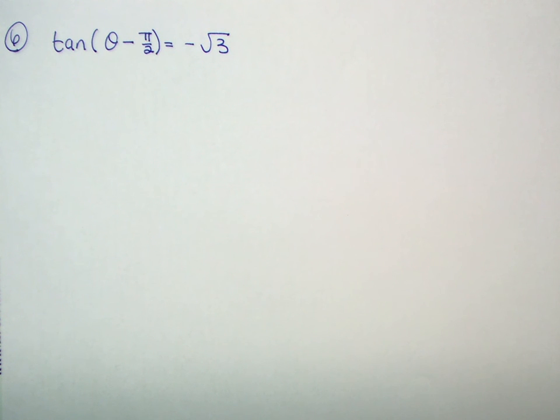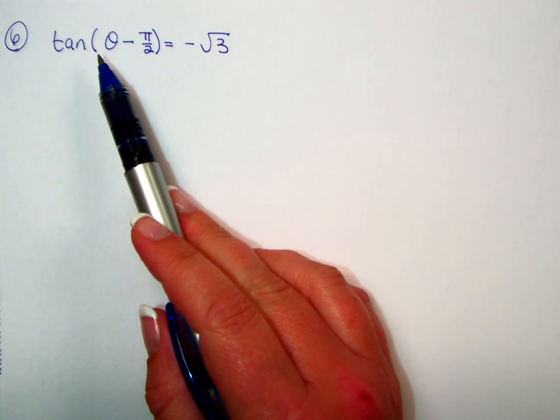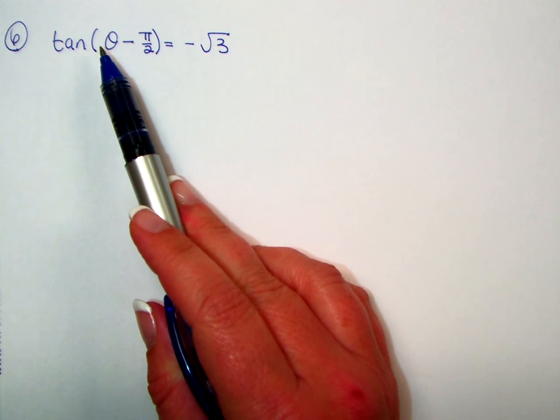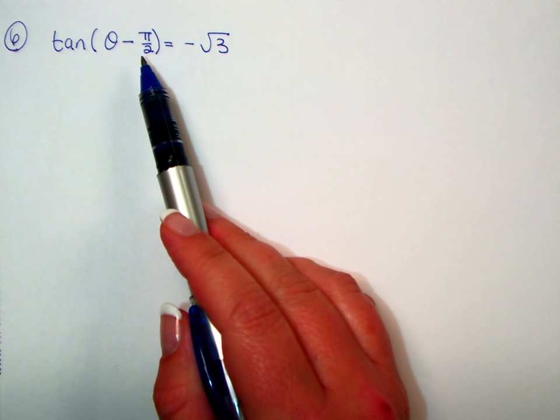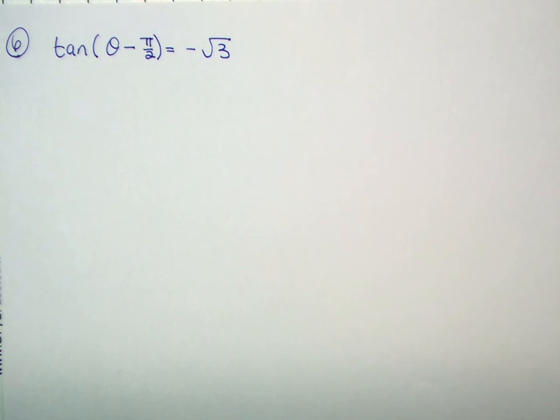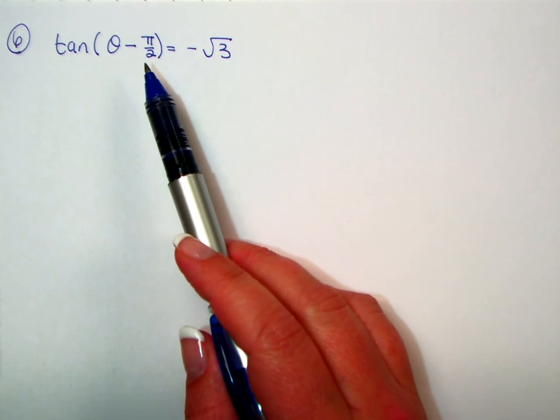So this function is not horizontally stretched or compressed. The fundamental period stays the same, but it is shifted, right? It has a phase shift. And so how do we solve for the fundamental solutions and the general formula when we have a phase shift,